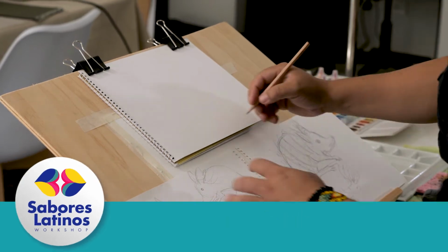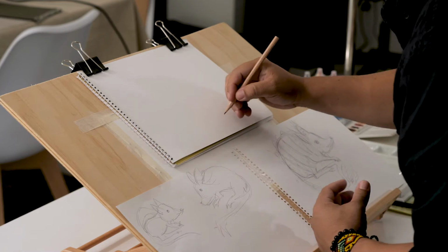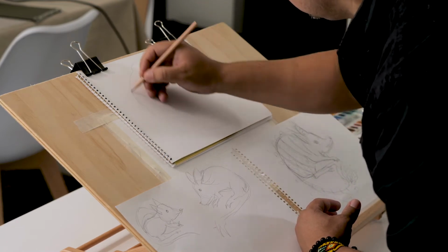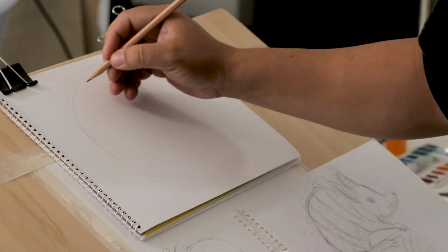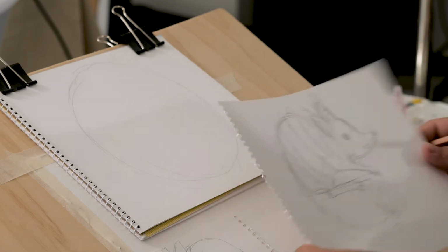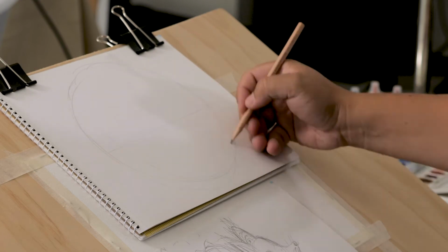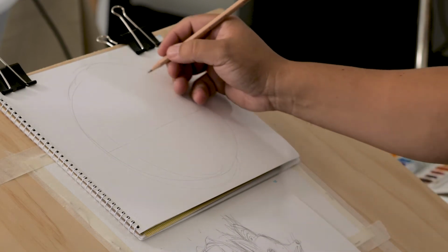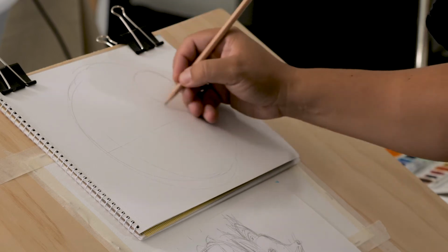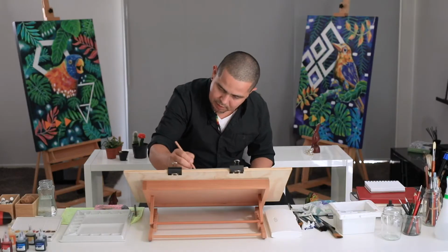So let's start with a big circle because this design is going to be more like a graphic illustration. So let's create one big circle that is going to be our main composition. We're going to use just half circle for the whole body and half circle for the tail. So basically we're going to make a small head here, like this one here. The big body is like this big back of the